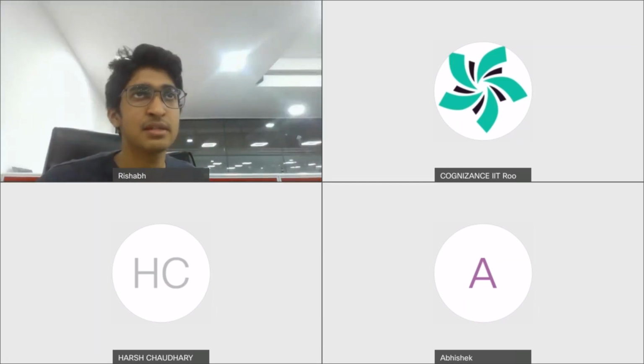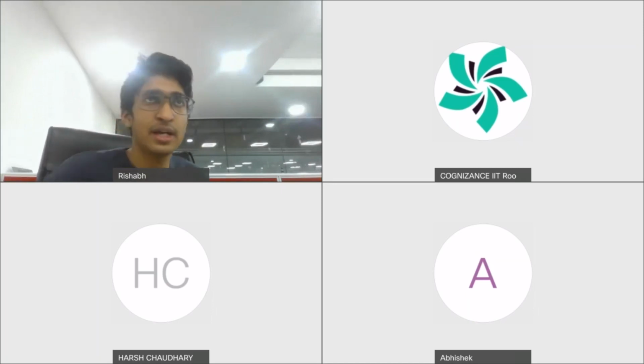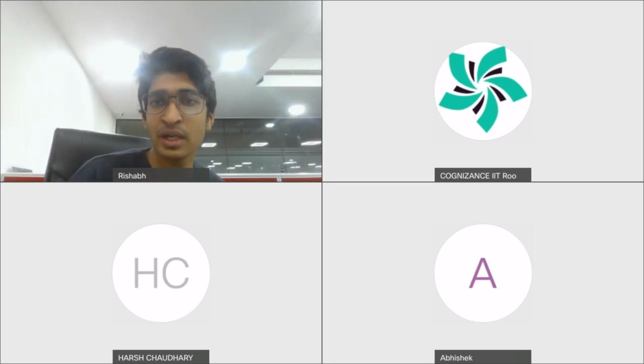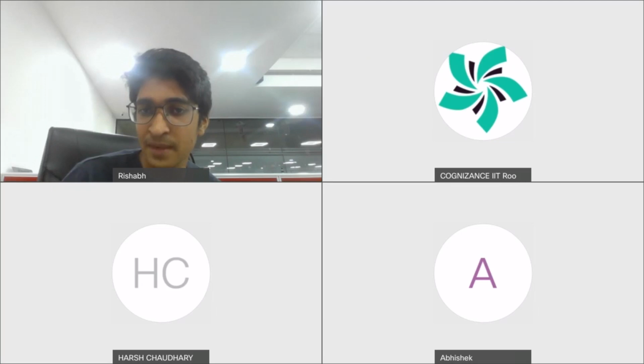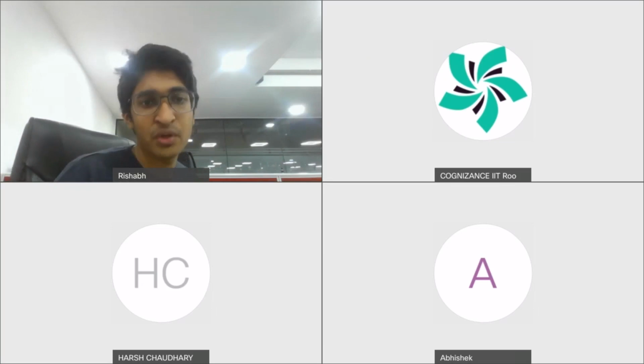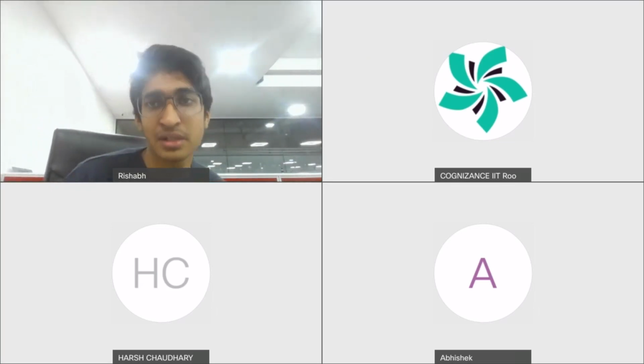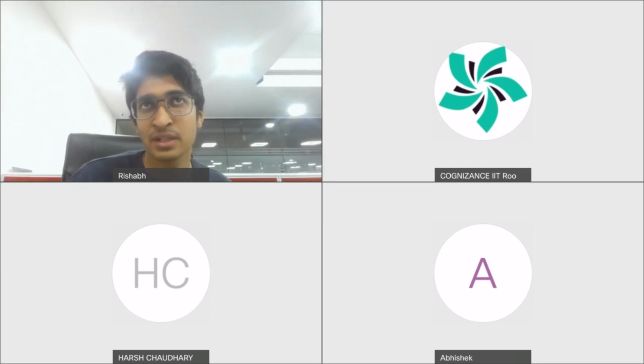For the initial stages, yes, APIs are, as I already told, the most basic element. You should at least understand how to hit APIs. There are two or three types of methods in how APIs function: there's a GET API, there's a POST API, then there are PUT and DELETE. All these functions are there. For the initial stages, you should have the prowess to hit an API, post some data to it, get some data from it, and use it as per your business and strategy requirements. That answers your first question, I guess.